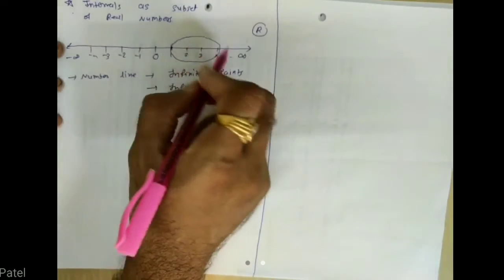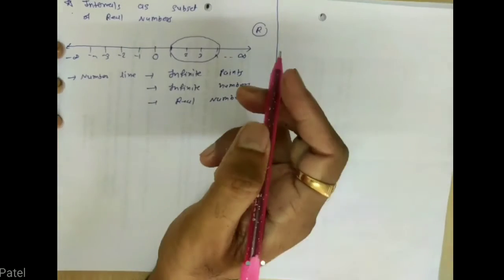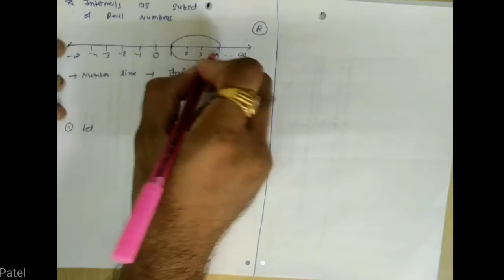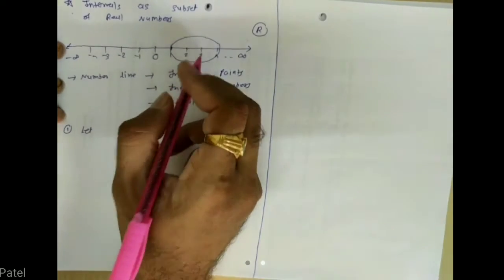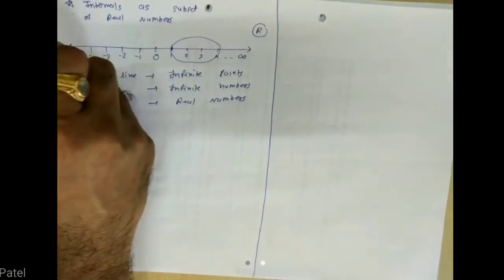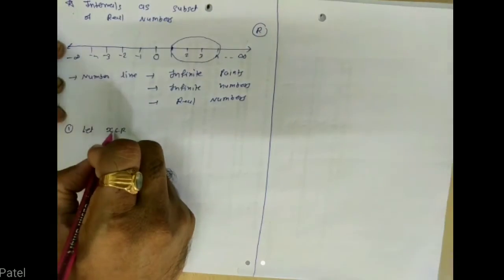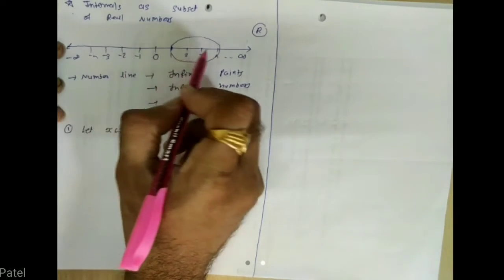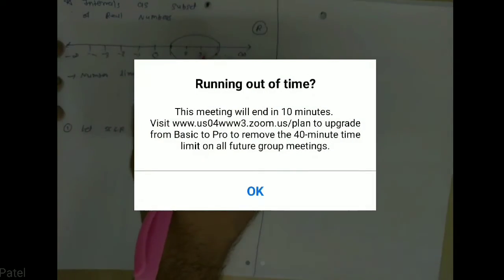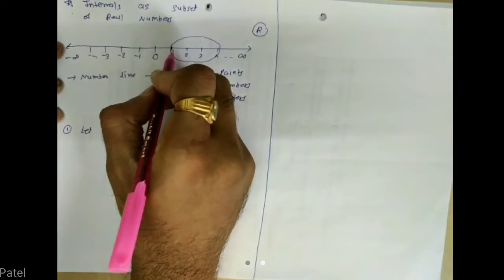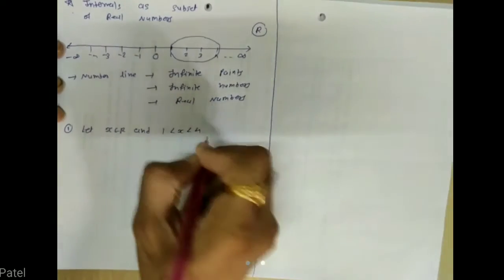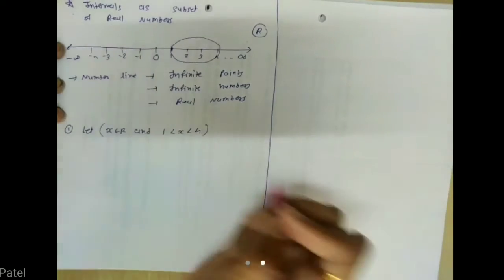We will not draw the number line like this every time. So for that, we write like this. Let us define this part, that means all the numbers on the part, as x. So let x belong to R. What is R? R is the real numbers. What are real numbers? All the points on this number line. So x belongs to R, and we have to discuss only this part. This part means x lies between 1 and 4. So 1 less than x less than 4. Done. So this is one part.